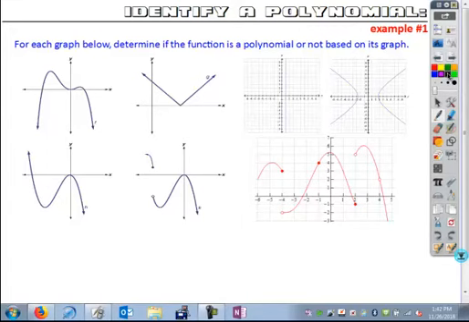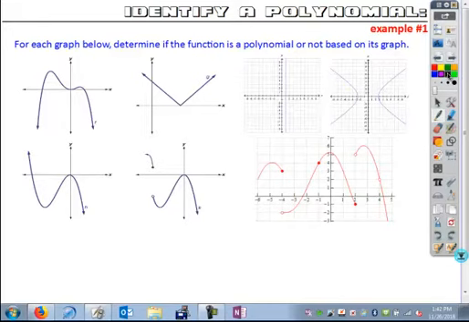Let's continue talking through the recognition of polynomial functions, and we'll go through a few more tendencies on how to hopefully be able to look at a graph of a function and tell a number of different things about the equation of that function based just on what we see. Okay? And so the first thing we want to do is talk about how you can identify a polynomial from